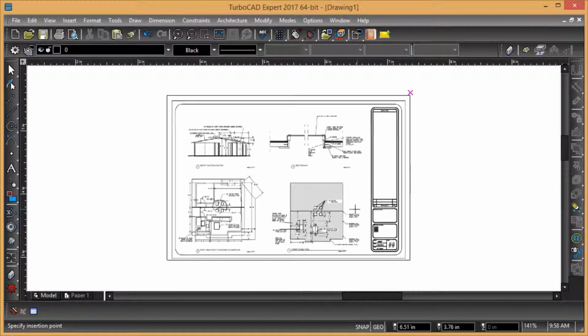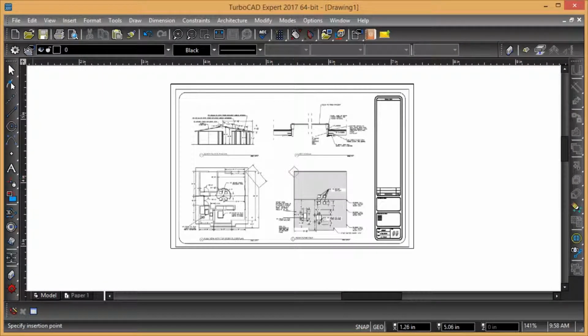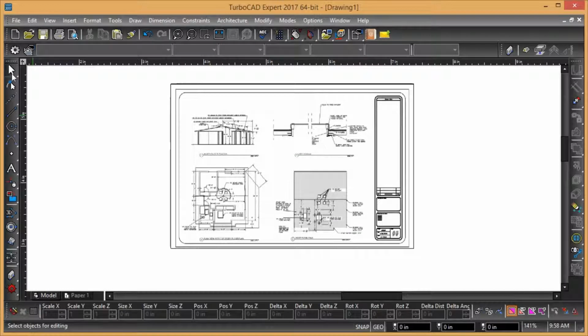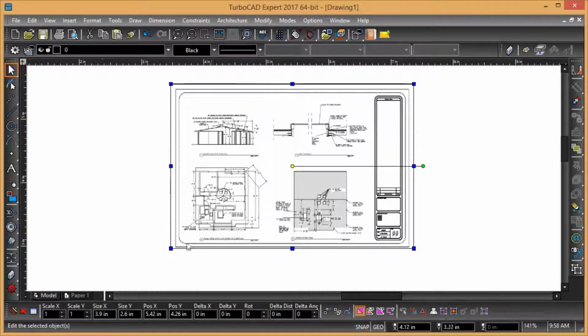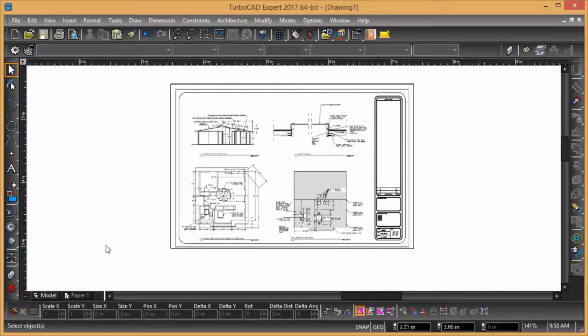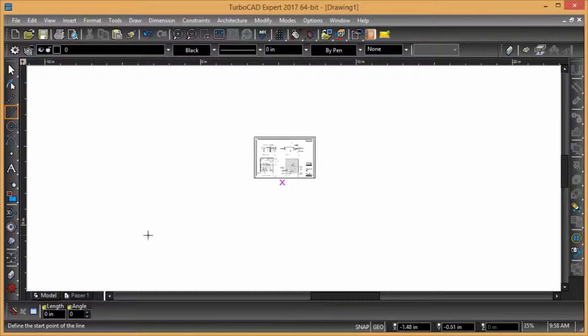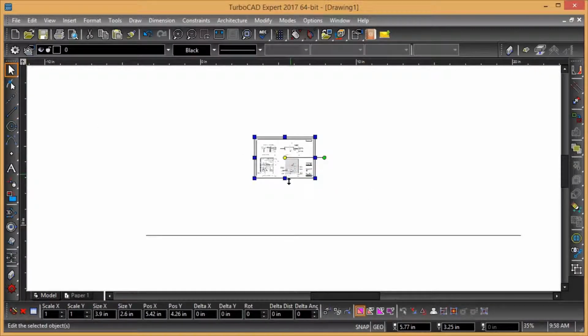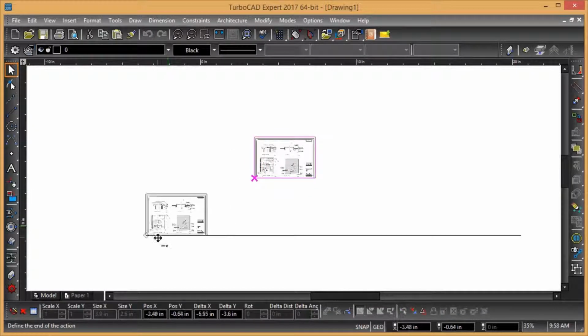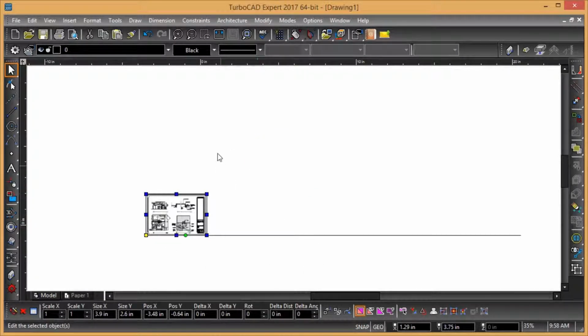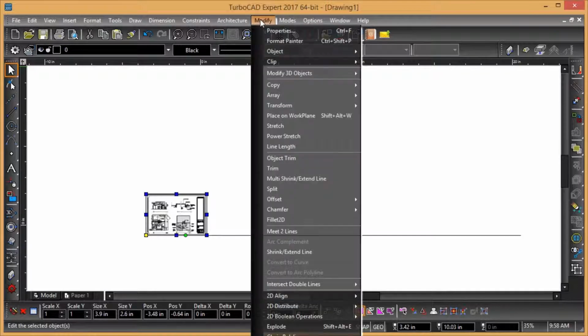drawing and insert it. Once it's in there, I can then select it and scale it. I can see the sizes there. I can draw a line to be a correct size, whatever size I want this thing to be. I can just draw that line that big. Then I can select this. I can move it with a D and a V, put it over there, and then there's a 2-point scale